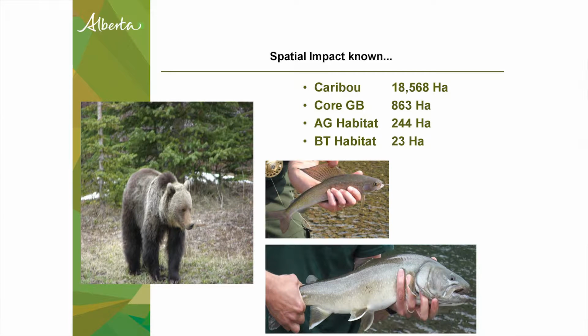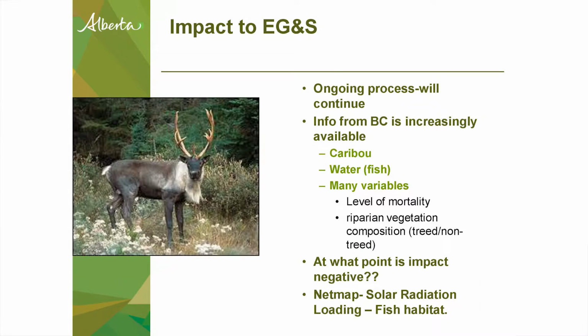I mean, just some simple spatial stuff. We know there's been almost 19,000 hectares of caribou habitat killed. But again, what does that mean? Folks in BC have said that caribou range that has been killed, and radio-collared caribou move among those stands just as they did without any death. So at what point does it become detrimental? I know BC is doing a lot of work on that, and I'm sure FRI will continue to do that work as well.